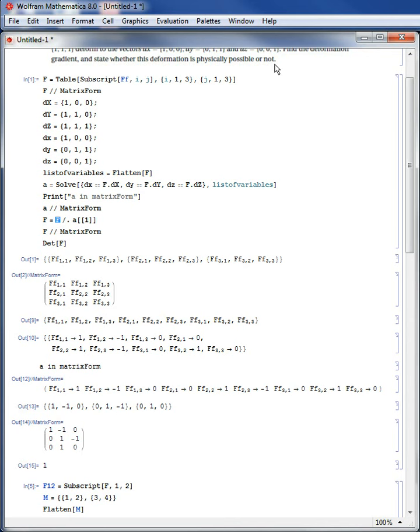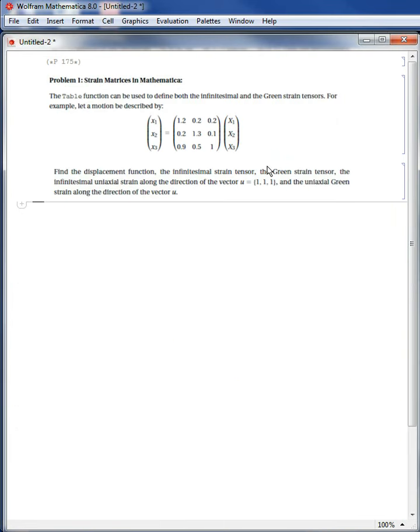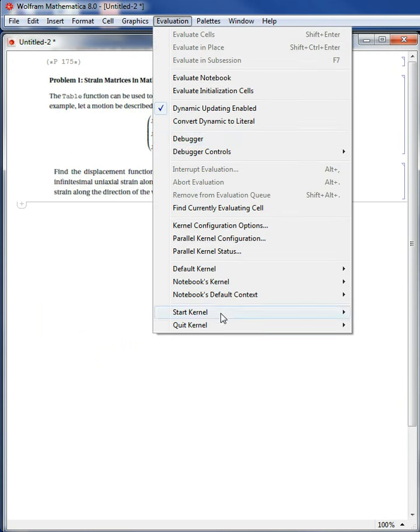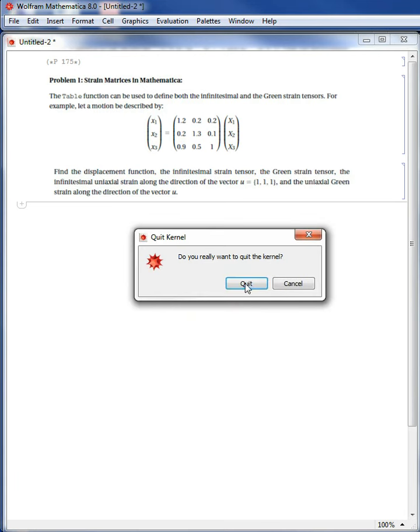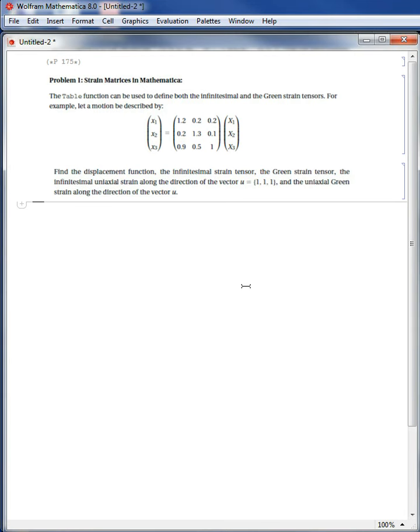So the next problem that I would like to cover is how to compute the strain measures in Mathematica. I'm going to again start from scratch. So I'm going to quit the kernel, and I have the following problem, which you will find in your book,